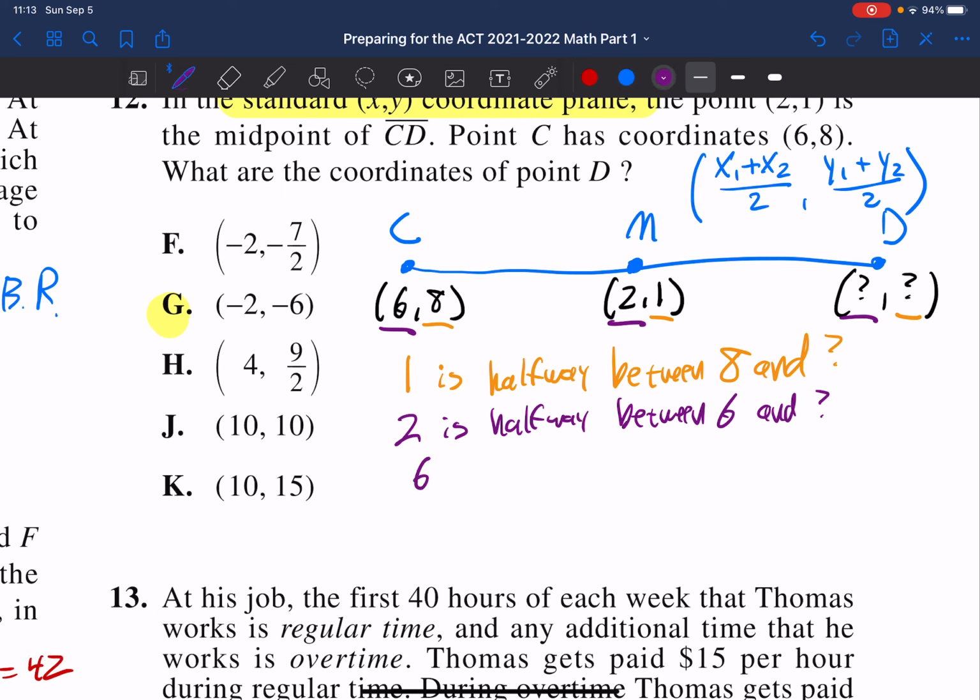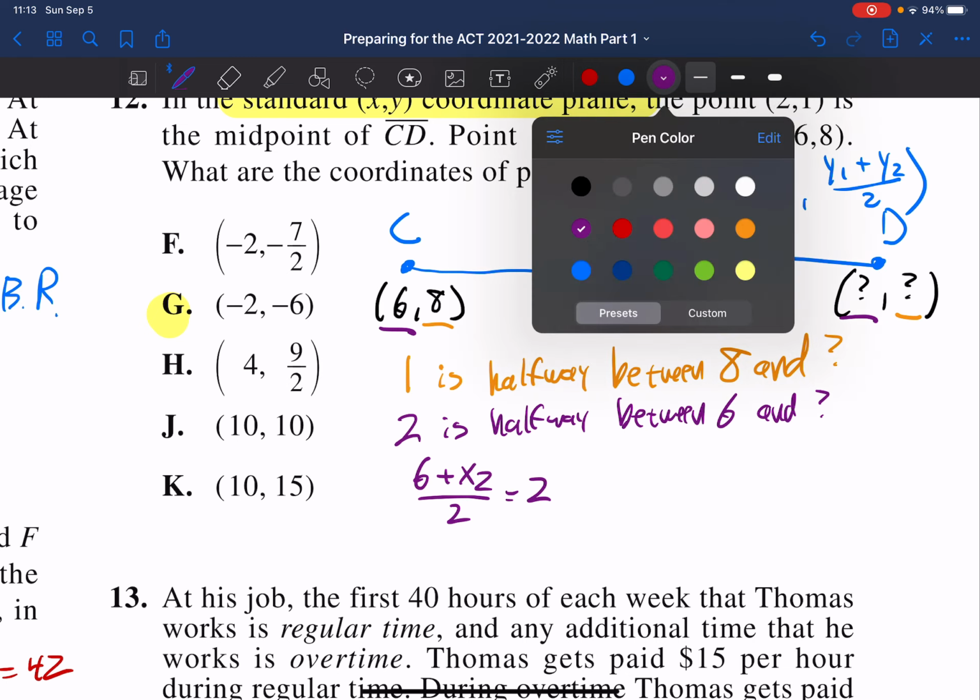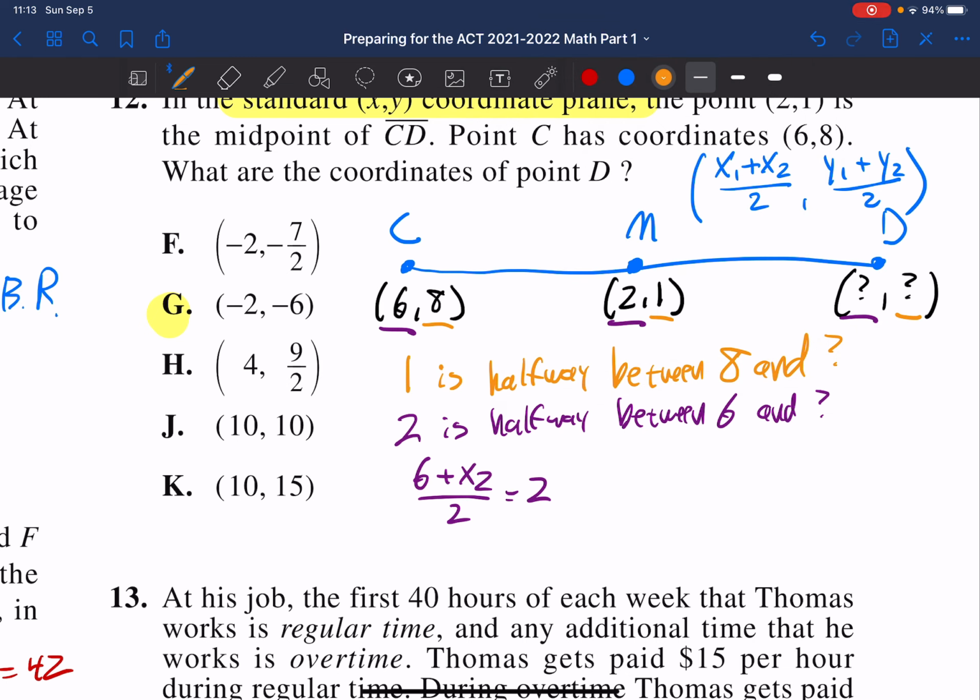Because here you've got 6 plus x2 over 2 equals 2 for the x. And then for the y, same thing. 8 plus y2 over 2 equals 1. Now, can you solve it? Absolutely, you can solve it. No problem at all. Multiply the 2 out